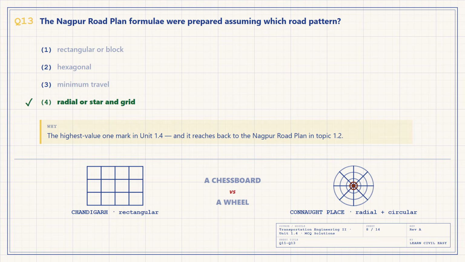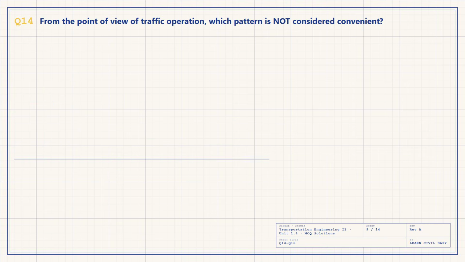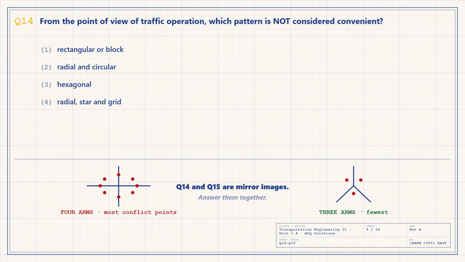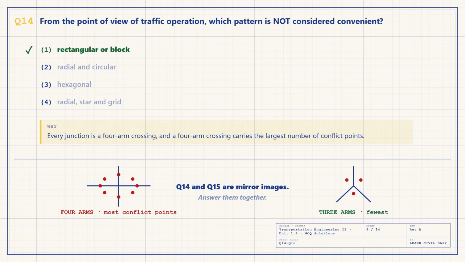Villages to towns, towns to capitals, expanding outward. Question 14. From the point of view of traffic operation, which pattern is not considered convenient? Option 1, rectangular or block. Learn that phrasing because it turns up almost word for word in question papers, and know the reason, not just